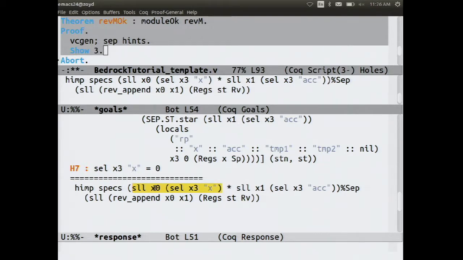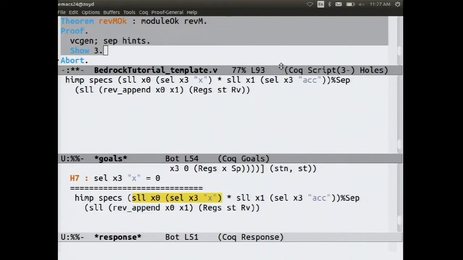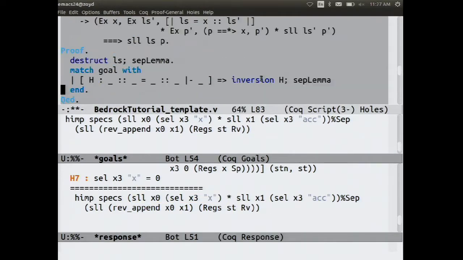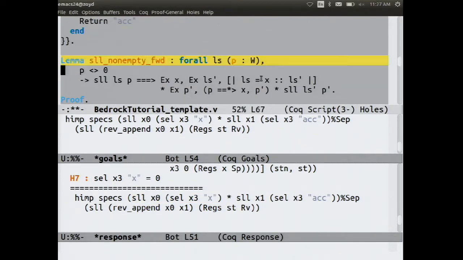Simplify will not do this on its own. Yeah. You build a forward hint more or less that says if you have the fact that some pointer is null, then the variable is actually related to the empty list. And additionally, there's no memory being taken up. Those are the two facts we need, right? So let's put that into hint form. So I'll make a forward proof of this. Oops. Forward proof.